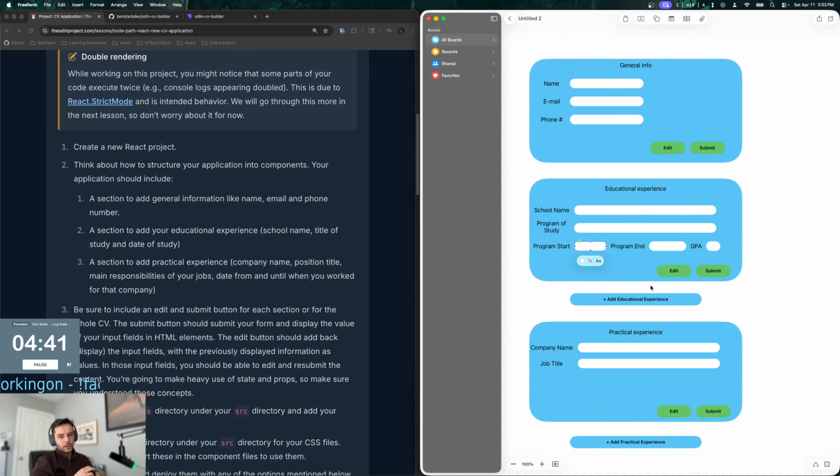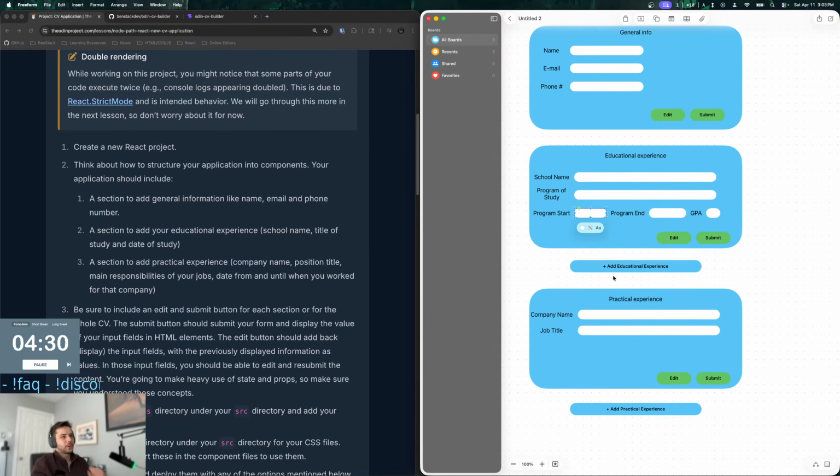Is that like Figma? What is it called? Freeform. It's built into Mac OS. Jay told me about it, and it's really nice, just for rough sketches, because again, I'm not trying to make the design. I'm just trying to do general layouts, like what the general layout will look like, a rough sketch.